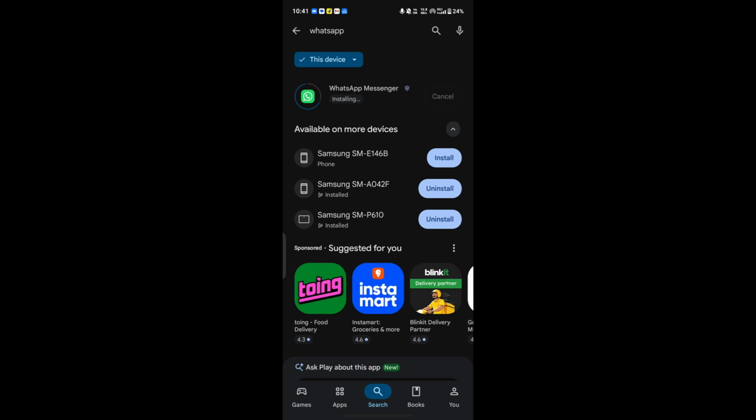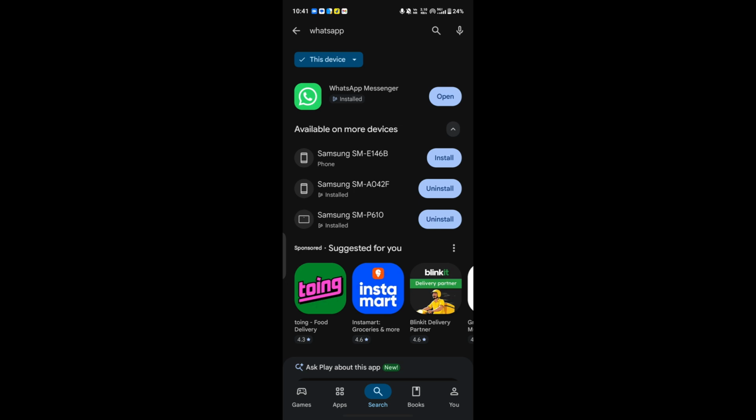Okay, another thing is, guys, this feature is currently not fully live. It is only in the testing phase, so maybe it has not arrived in your region or country, so you just wait. Okay, after a few days or a few months you will get full support of this